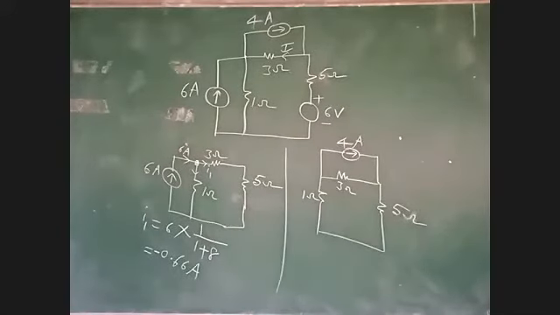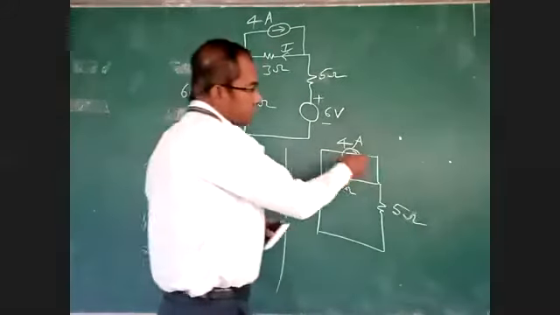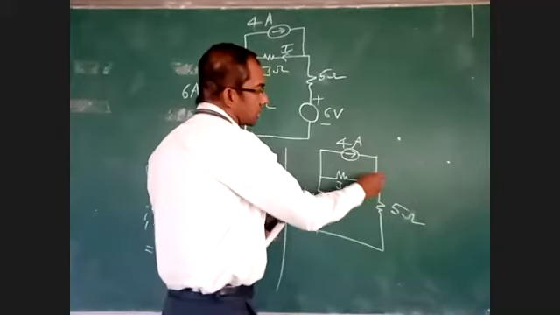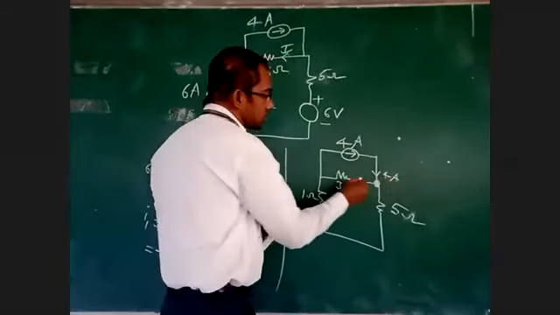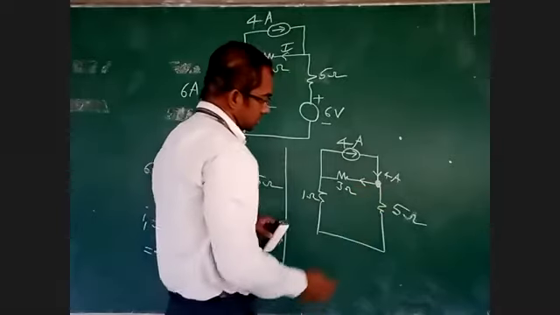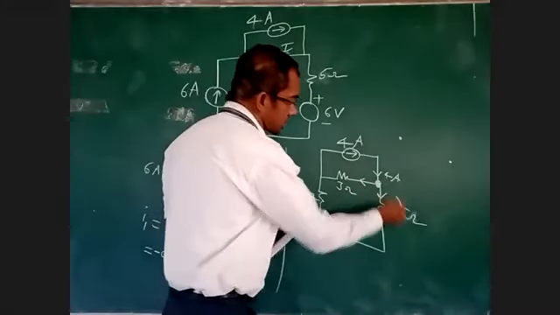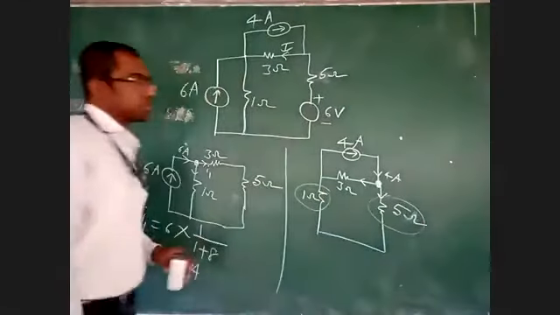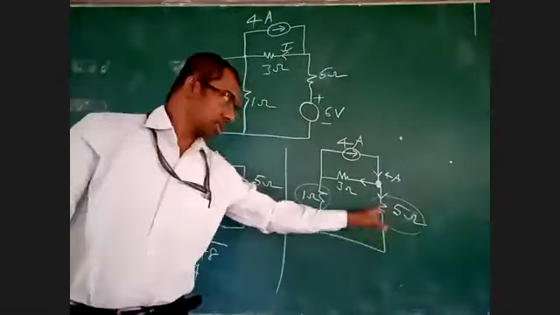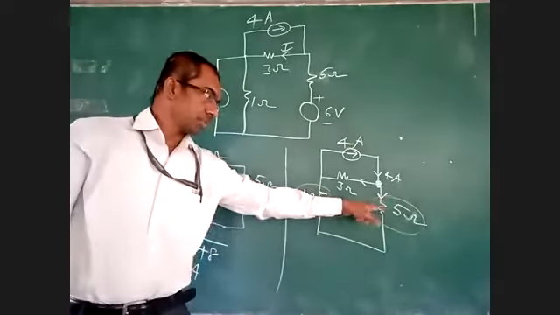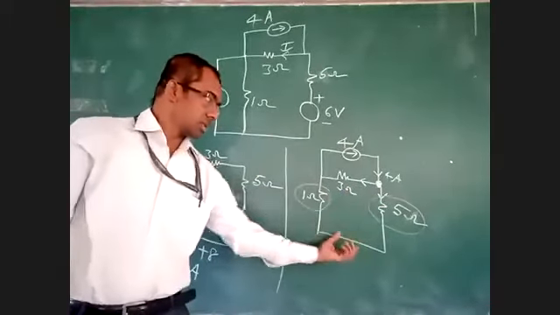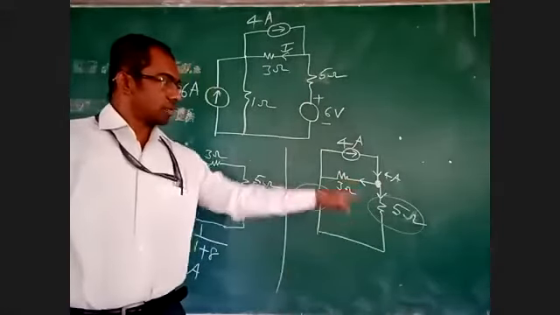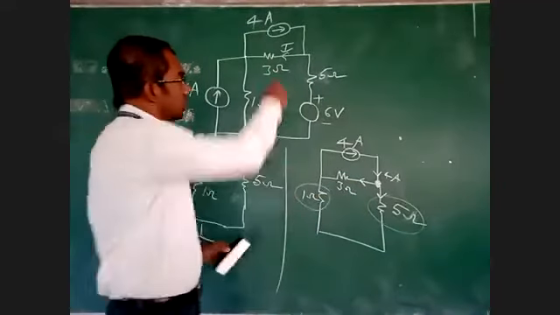Okay, listen here. This 4 ampere is coming here and dividing in these two branches. This 5 and 1 are in series. This is one branch, and this branch is parallel to this 6 ohms. I want the current in 3 ohms.